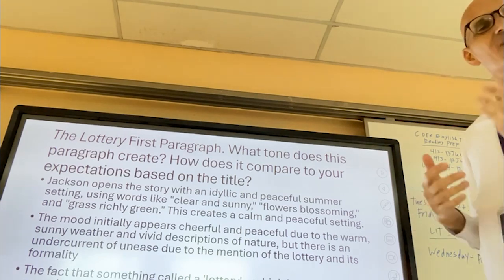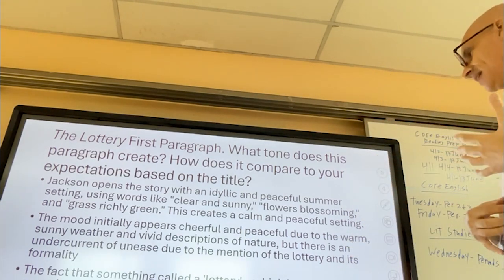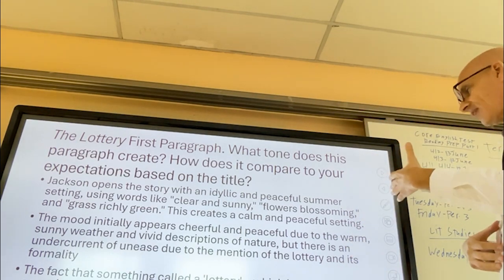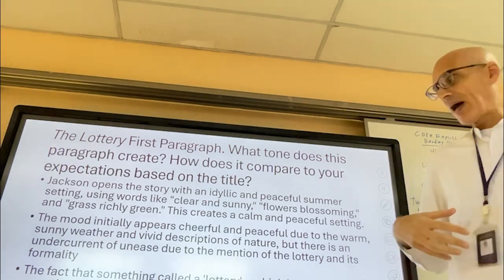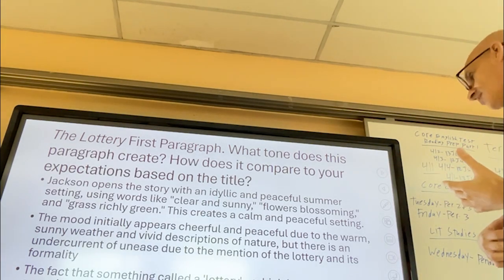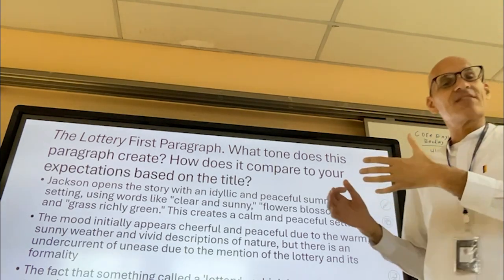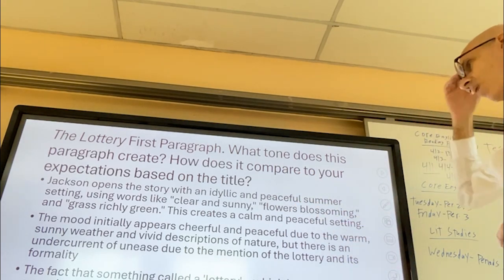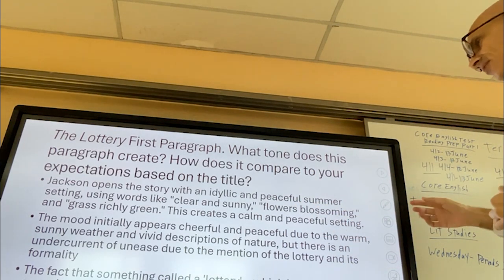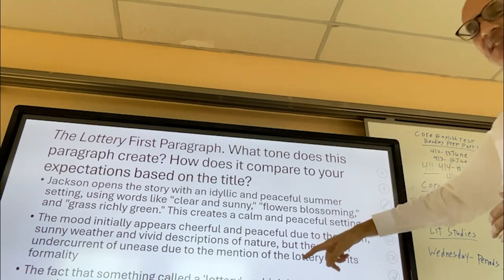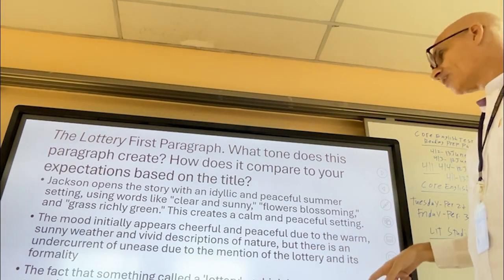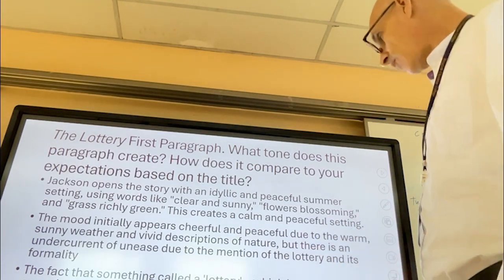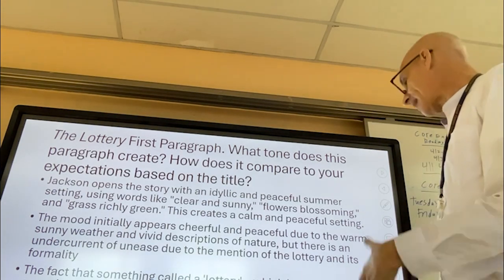But there's also, it feels like an undercurrent of unease due to the mention of the lottery and its formality. Formality meaning, they need to get it finished. They need to get it done by a certain time, or they want to get it done during a certain time. And so the fact that something called a lottery, which is usually associated with rewards, is mentioned so casually